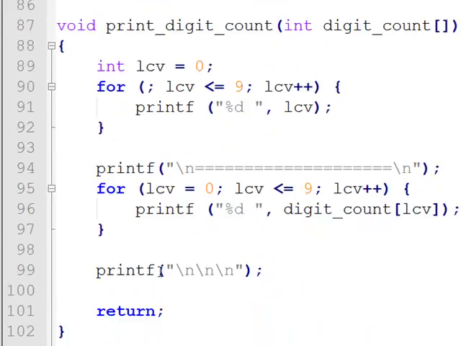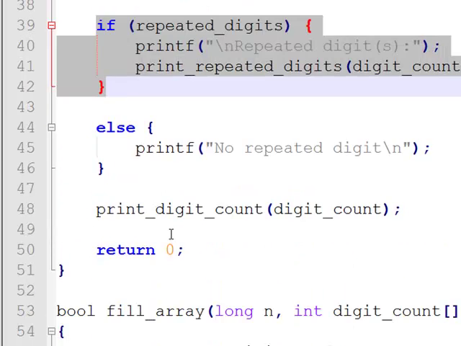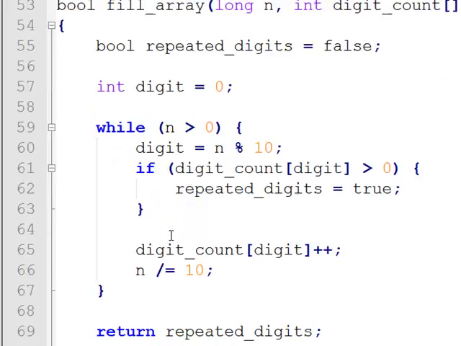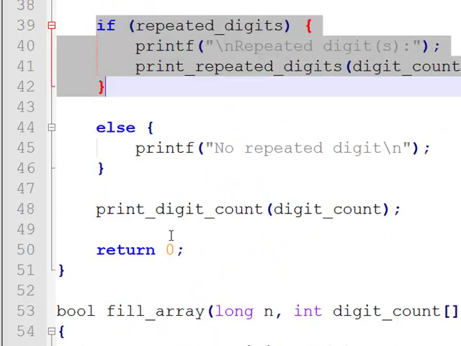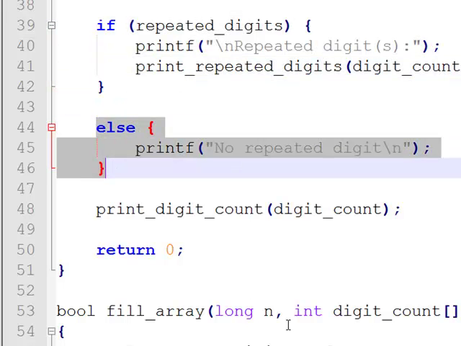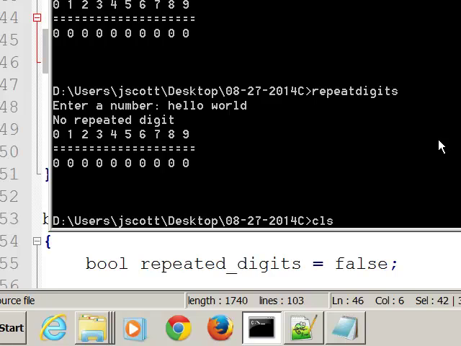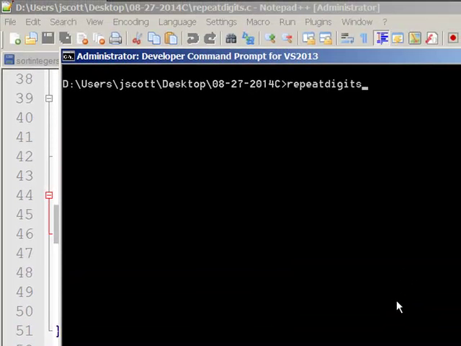Not print, but wherever repeated digits is in here. All right, it's in here someplace. But you get the idea. And all we're saying in here, if it doesn't return true, there's nothing that was repeated. All right, what does that mean? In English, it means this. If I run the program,